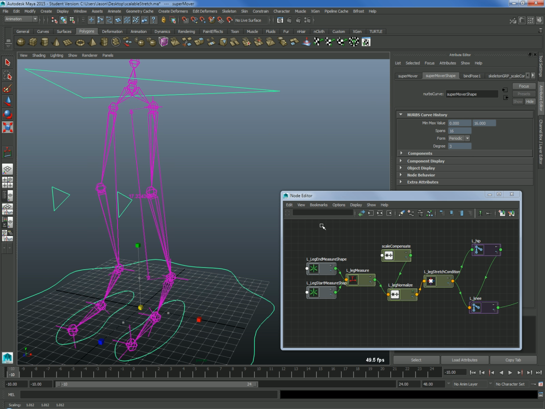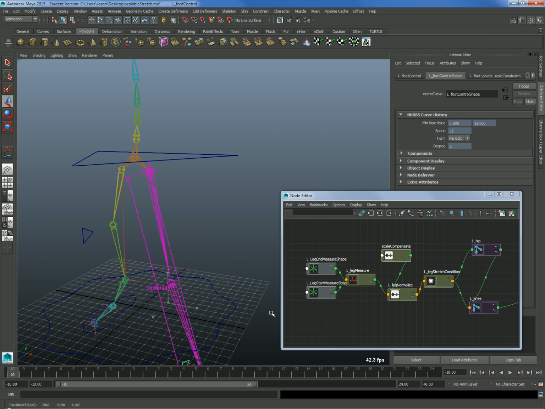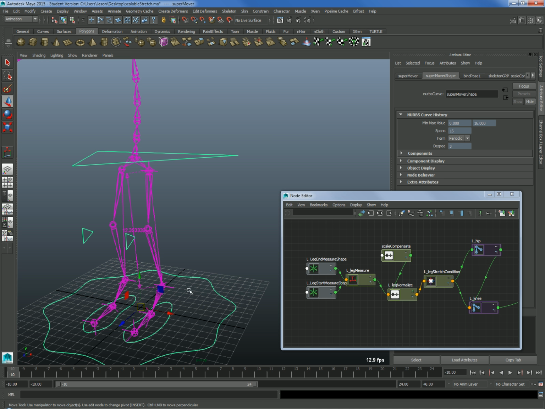And now you can see that the rig holds together properly when I'm scaling it, but I still have stretchy leg functionality active on the rig. So whenever you have a stretchy leg setup, you're going to need